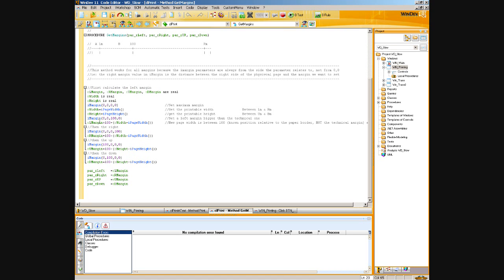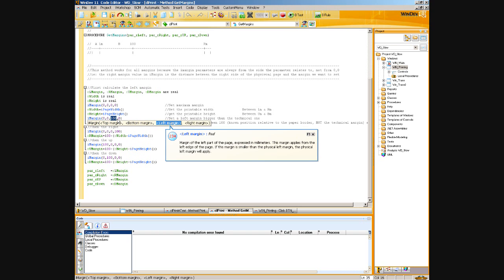So if we first set all margins to 0, we can get the page width and the page height. It will be the space between the left margin and the right margin for the width, and the same thing of course for the height. Then we set one of the margins at a value that we are sure is bigger than the physical margin. So for the left margin,